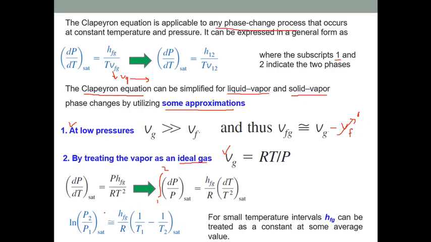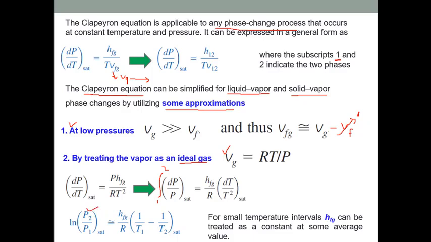So here you can see the Clapeyron equation can give you a relationship between two states, but those two states are states of the phase change. Let's say one state could be the saturated liquid state and another could be the saturated vapor state. So sometimes the pressure may be different, right?